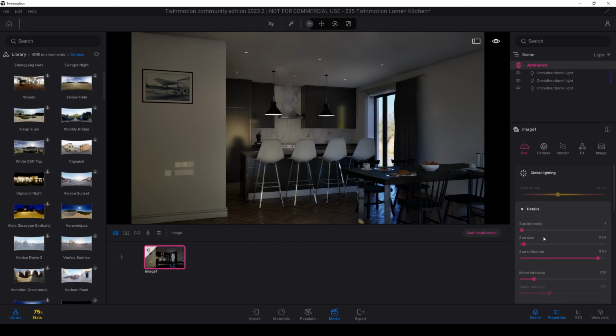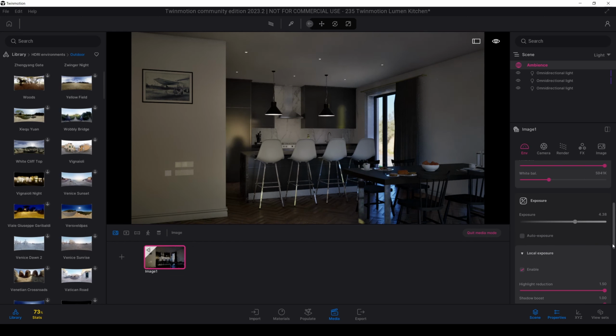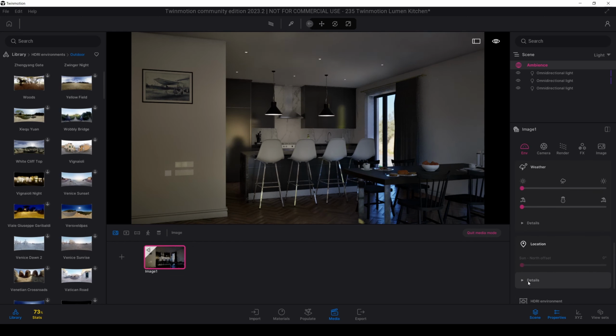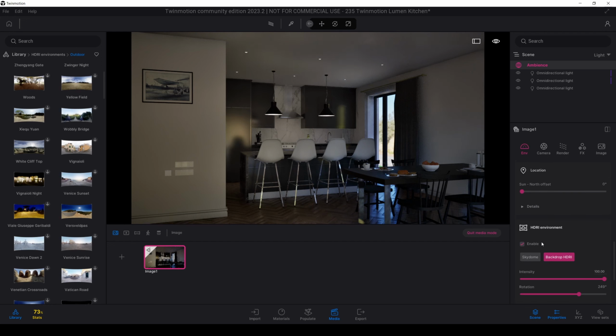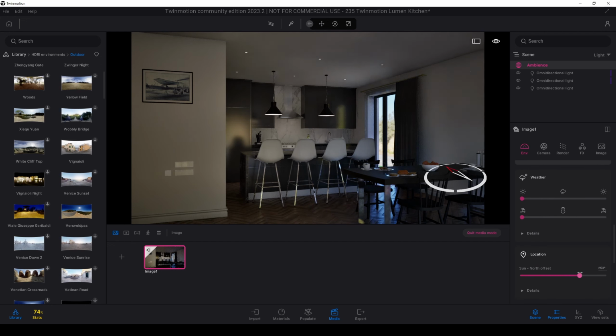So from the details, I will change the sun direction from the location, but we cannot activate that. To activate it, we will uncheck this lock sun to HDRI. Now we can change the sun position.